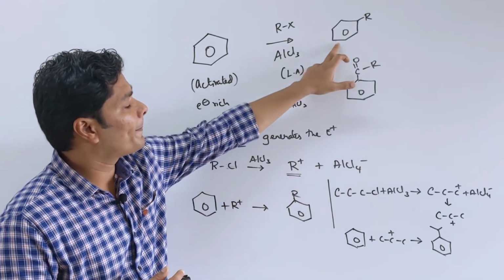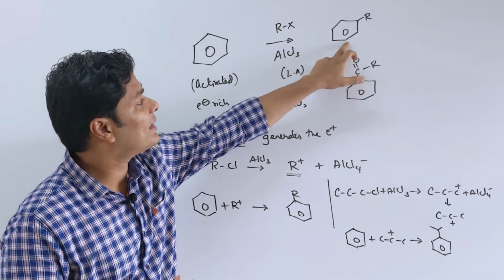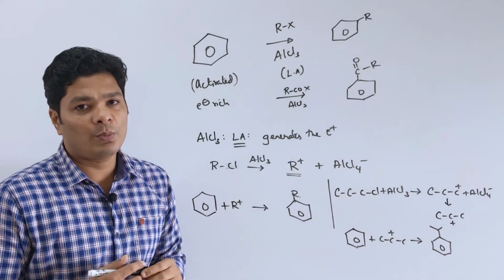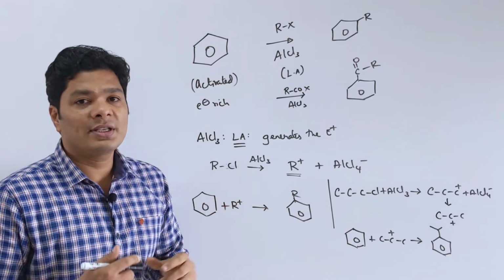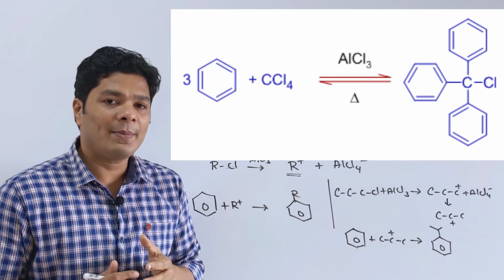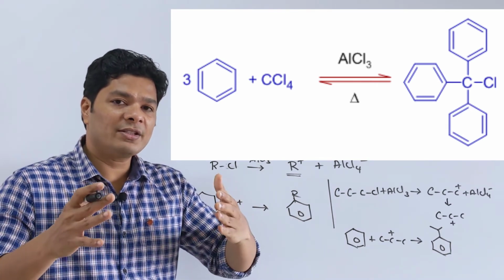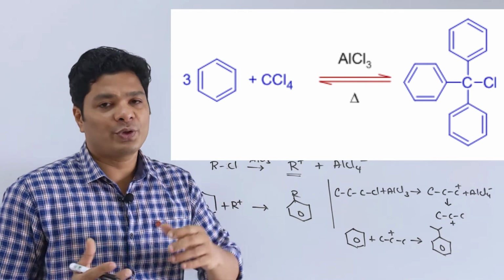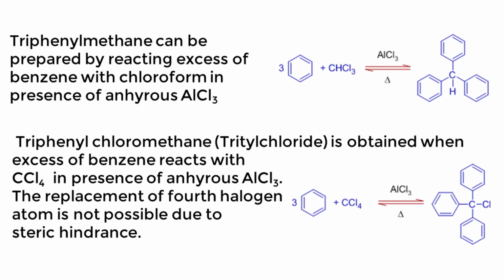There is another major drawback of Friedel-Crafts reaction. Whatever you get, this can undergo further Friedel-Crafts reaction because this is now activated ring. This can combine with more of Rx and give you multi-substituted product. This is also possible with Friedel-Crafts reaction. For example, if you take CCl4 and you do Friedel-Crafts reaction, here is an example of what will happen. If you see, the Friedel-Crafts reaction will keep continuing because everything is in one vessel, one chamber. So it will end up giving you polysubstituted product. This is also a problem with Friedel-Crafts reaction.